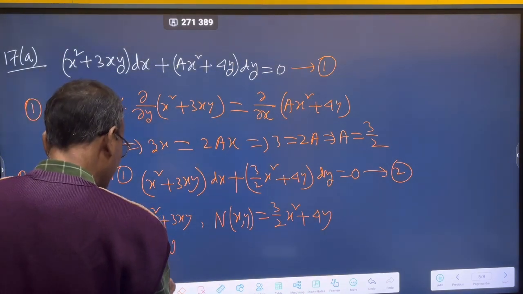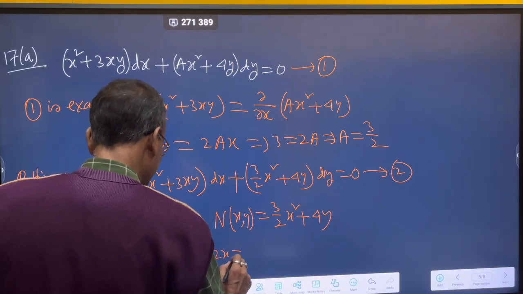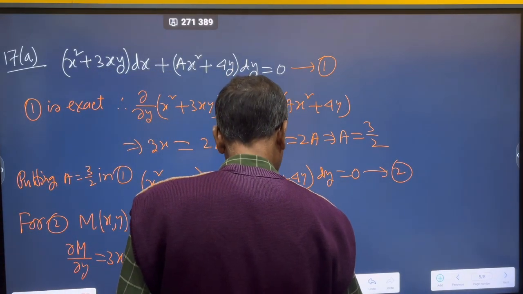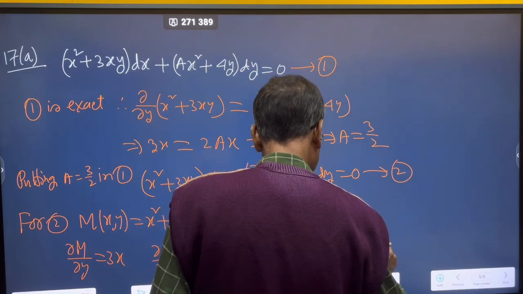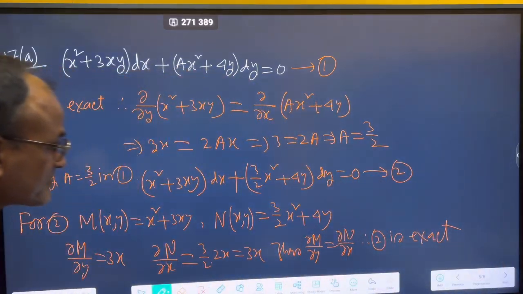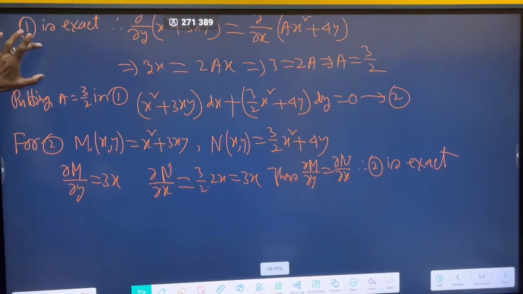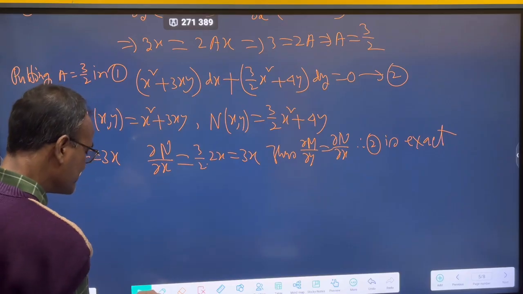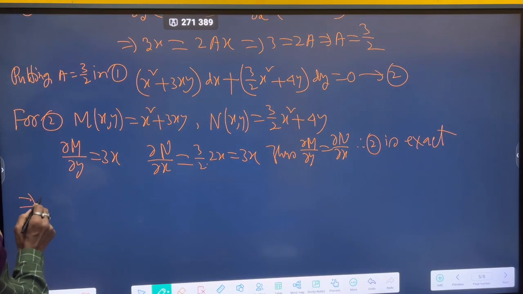Here del N by del x equal to 3 by 2 into twice x equal to thrice x. Thus del M by del y equal to del N by del x. Therefore 2 is exact. This means that there exists